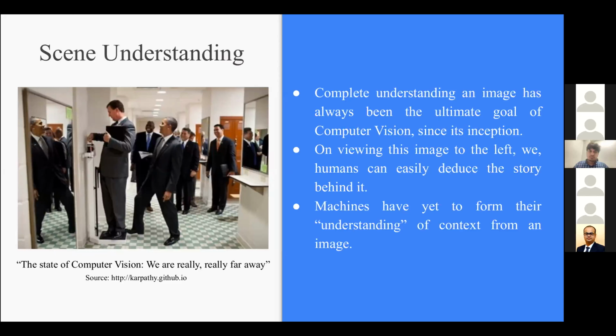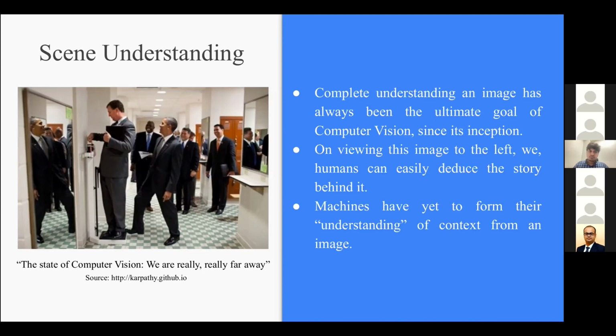Let's take a look and try to form a line of thought on what we interpret when we look at this image. You can see that the then US President Obama is pulling a prank on one of his subordinates, who is in turn weighing himself on the weighing scale. The one leg that President Obama has put on the weighing scale is meant to increase the weight that the subordinate is weighing himself, and the other people in the room have realized this prank, and they are laughing at this.